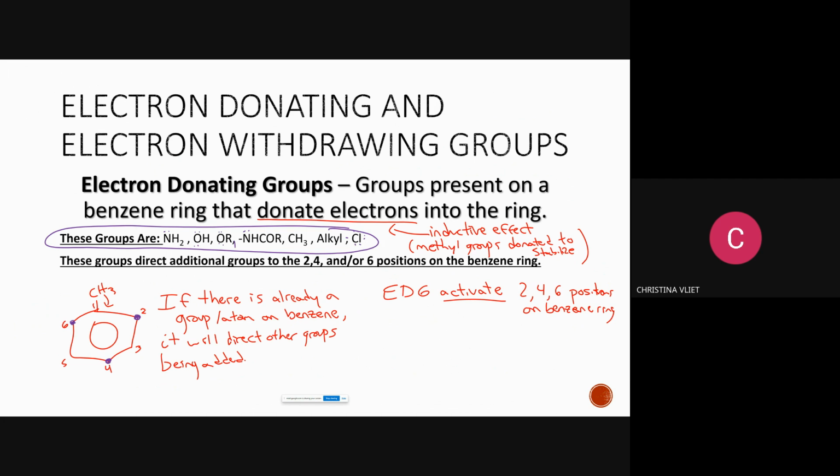I'll give you my reasoning on electron withdrawing groups as well, like what worked for me to help remember them. I remember always, if I see carbon chains, if I see alcohols and amines, those are going to be donating groups and will cause other groups to be added to 2, 4, 6. So what does that mean in an example question? What would an example question look like here? Let's say I had this,